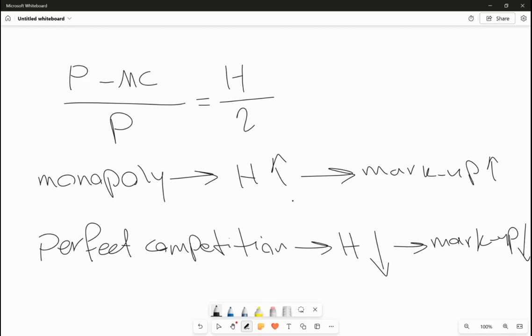So that means as the concentration ratio goes high, the market is closer to monopoly and tight oligopoly. So this term in the denominator is going to be high, and that would cause the markup to be high. So you can see that each firm's markup is very well related to the concentration ratio. This is how the price and the markup are related to the degree of concentration of a market.